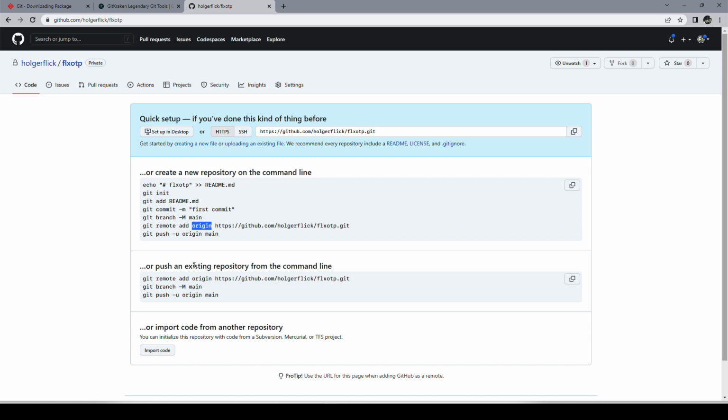And by default, the one that you use primarily is called origin. That's just how it is. Origin is just a name. You can name it, I don't know, backup or whatever, but that's just not used. People name it origin because then you can say git push, and then you can say where you want to push it to, origin, and what you want to push? You want to push the main branch.